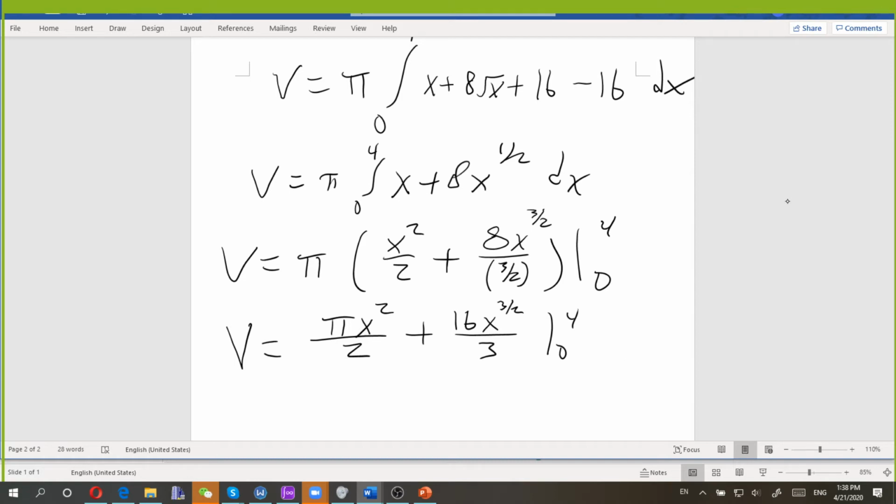I guess I'll write that rule over here too. So x to the m over n power is the same thing as the nth root of x to the m power. Okay, so